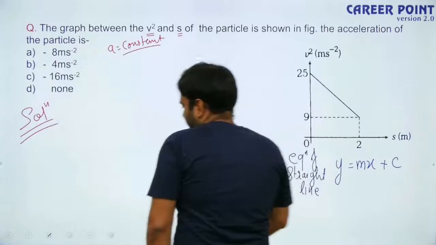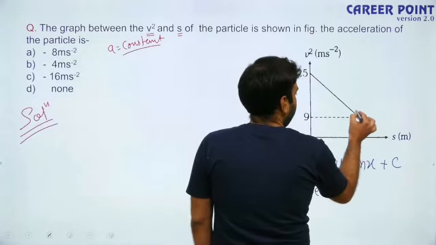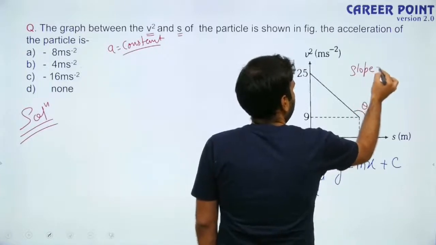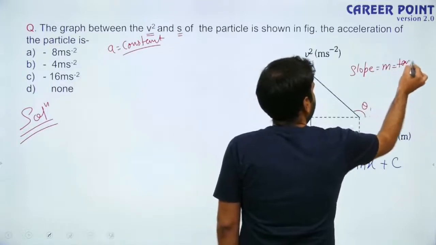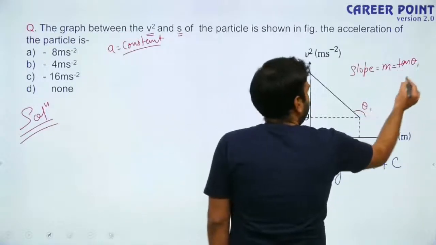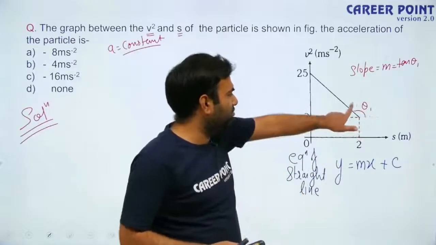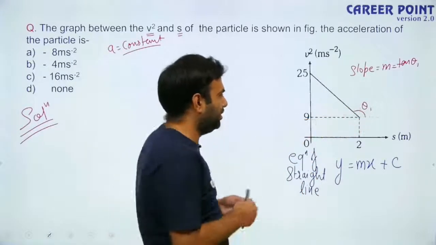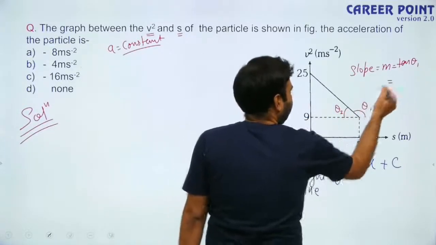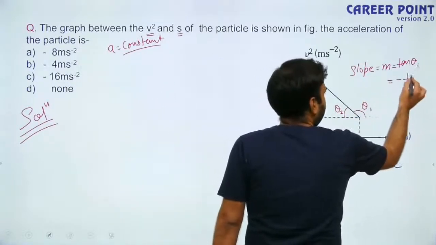if you want to calculate slope, what is slope? Slope is tan theta, which is m. It will be dv square by dx, which is not useful for us. Tan theta 1, okay, and it is difficult to calculate tan theta when theta is greater than 90 degrees. So we can calculate this theta too, and we know that if we take the angle from the negative x-axis in the clockwise direction, then we can write slope is the negative of tan of that angle,